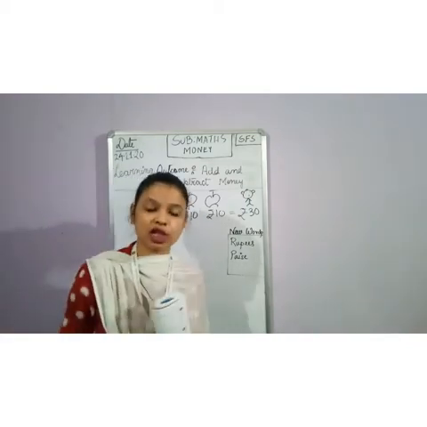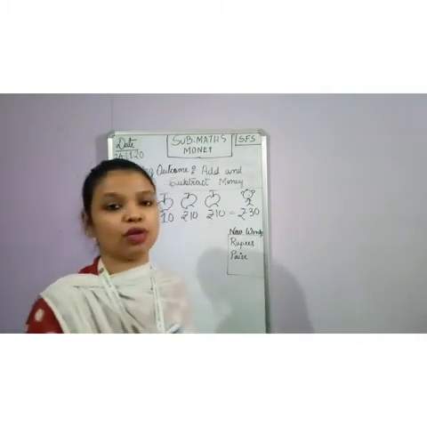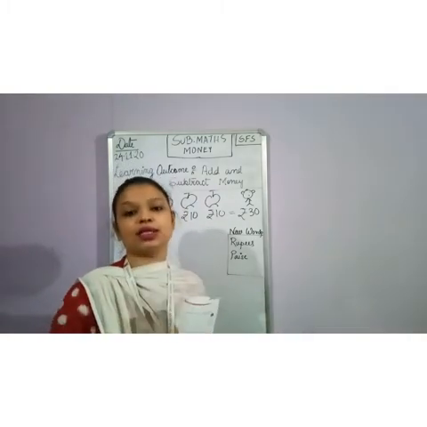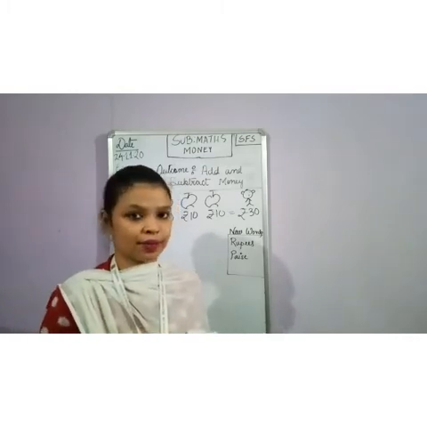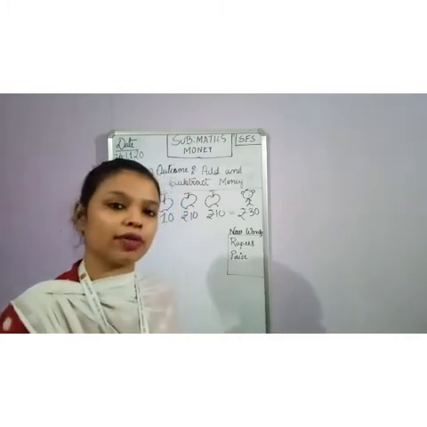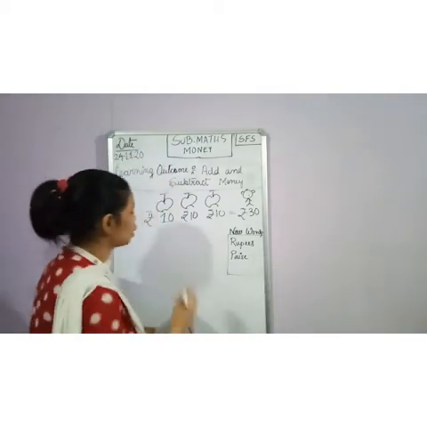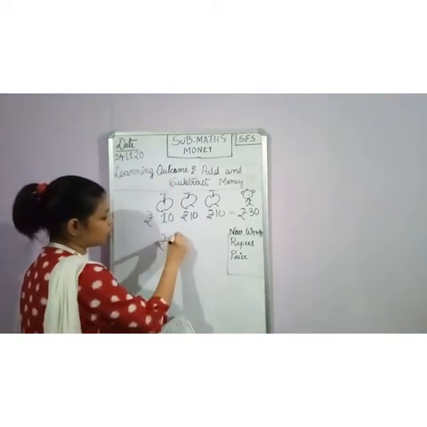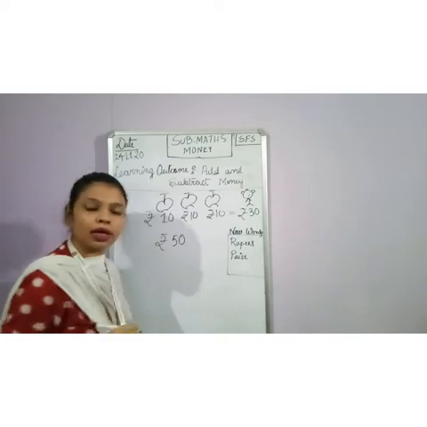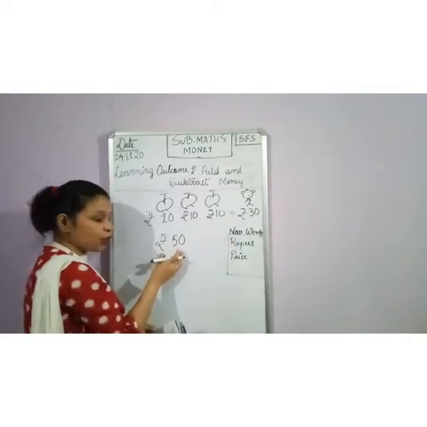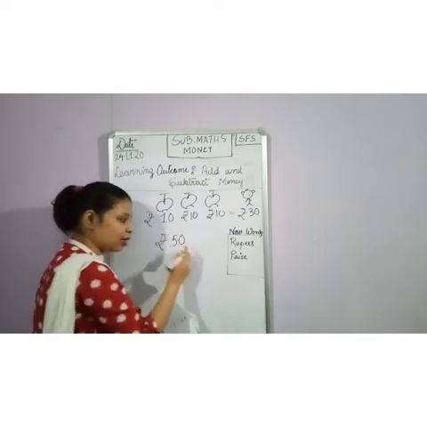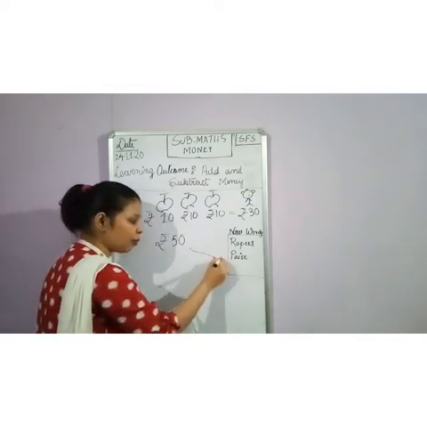Now in case you don't have change. Okay. You don't have 10, 10, 10 extra. Okay. So what you have got is 50 rupees. Okay. So what you have done, you have given rupees 50 to the shopkeeper. Okay. Now the shopkeeper, what he will do? He will take 30 rupees from this 50 and the remaining he will pay you back.